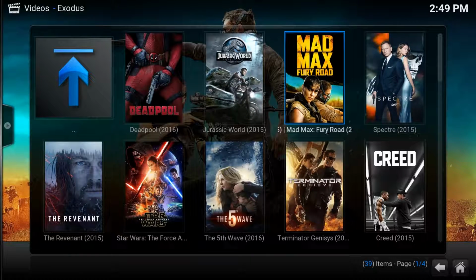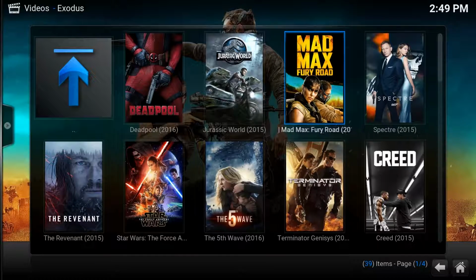Now, Genesis, for those of you who've been in the scene for some time, you know that Genesis is, or was, the number one choice when it comes to movies and TV shows. However, it became very restricted, and now when you go searching for your movies and things like that, you're very limited in your choices. Now with this Exodus, the exact same format, the exact same vibe of it all, you now get a lot more options.